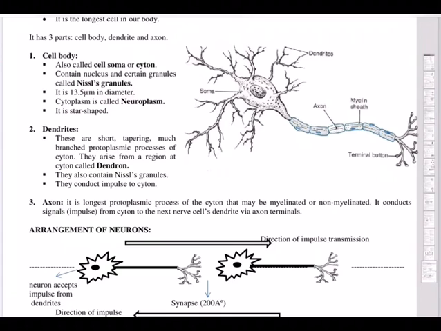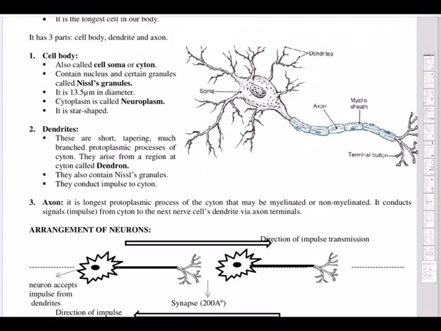What about non-myelinated or non-medullated? These are found in autonomic nerves. There is a system called the autonomic nervous system. So those nerves will have non-myelinated neurons. And based on function, just now we said, some nerve fibers will be performing the action of sensations. They carry nerve impulses from sense organs to the central nervous system. Then we say they are sensory nerves or sensory neurons. And second, motor neurons. They carry nerve impulses from the central nervous system to effector organs, muscles and glands.